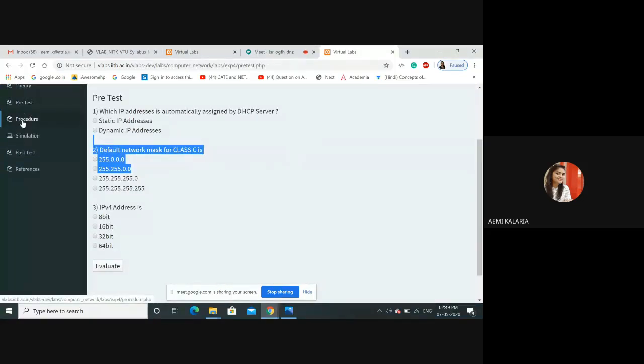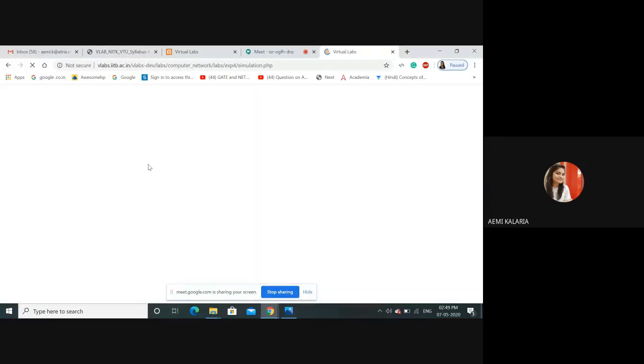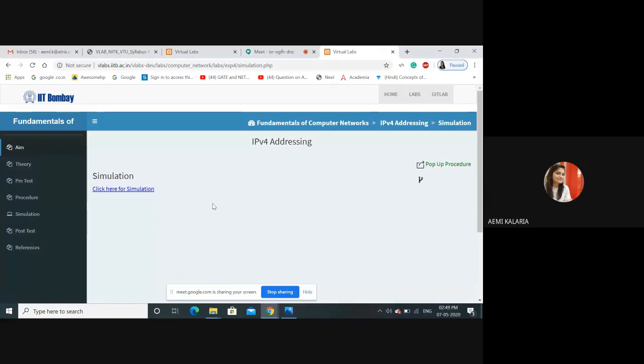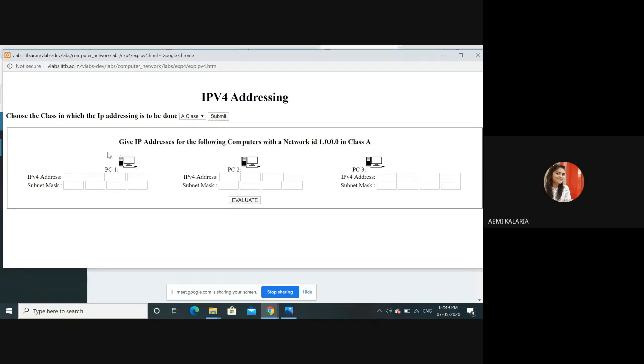After that, no need to read the procedure. After that, the simulation is there. The main thing I want to show you is the simulation. If I click on it, it shows me this kind of screen. In that, I carefully select what they mention: choose the class in which the IP addresses are to be assigned, right? So choose class A. If I submit, then they'll give me different IP addresses,